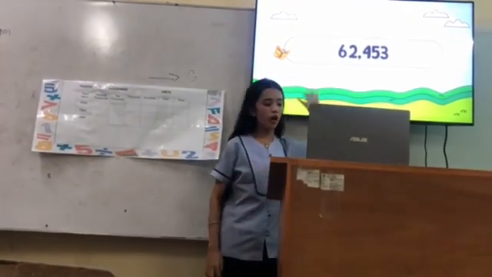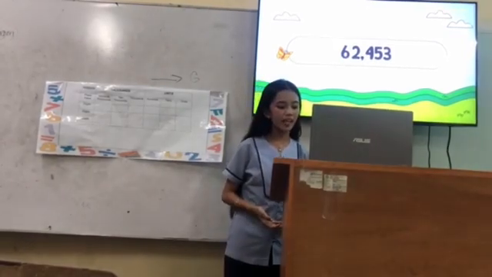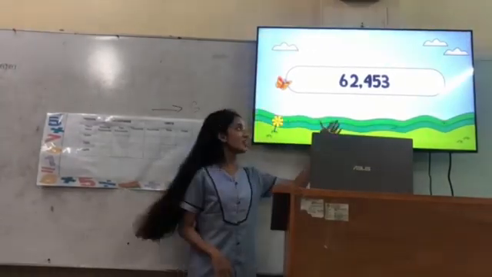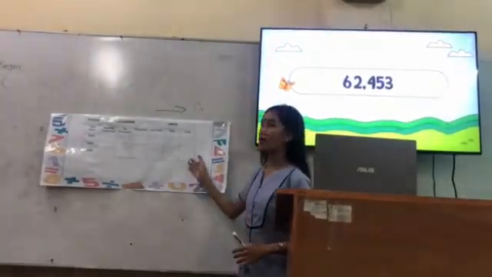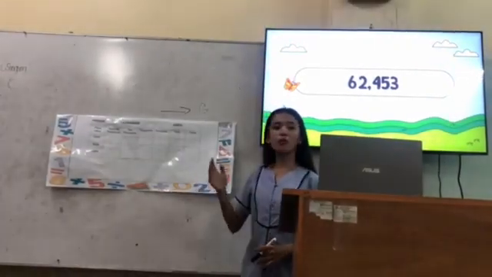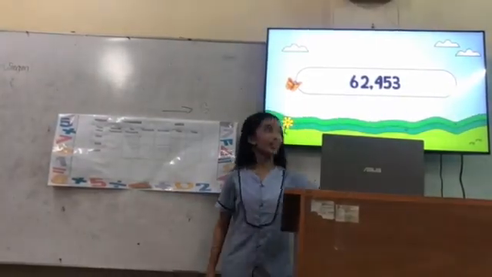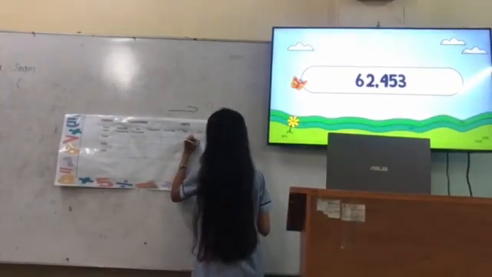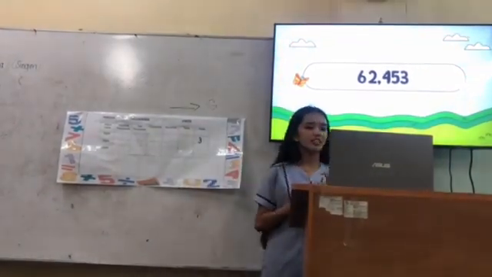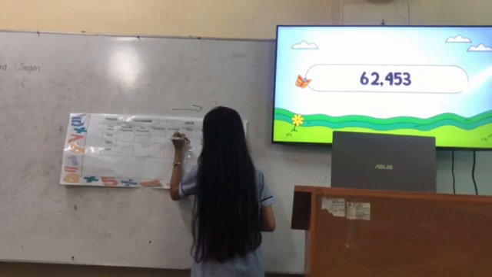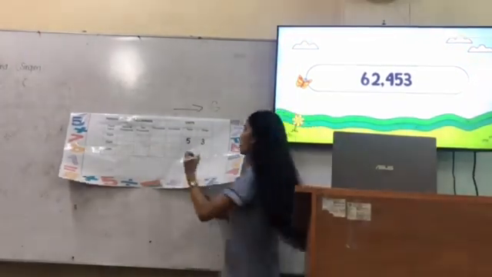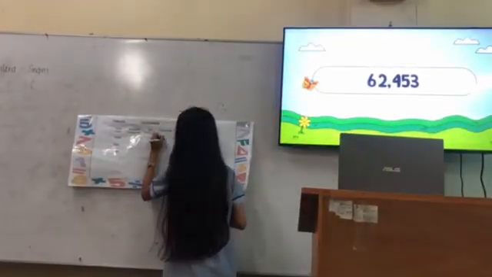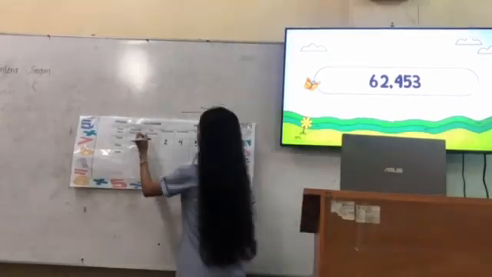The value of a digit is determined by multiplying that digit by its place value. So let's write the 62,453 here in our table. Just like what I've said, we will start from right to left. So the number 3, its place value is ones. Now we can read it as 53. Next, the number 5 is in tens. 400 plus 53 is equal to 453. So we can read it now as 453. And the number 6 is in 10,000.